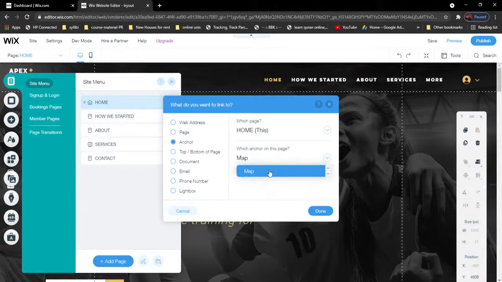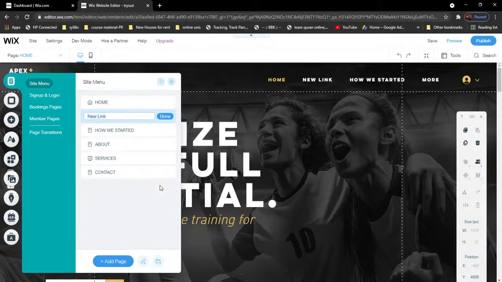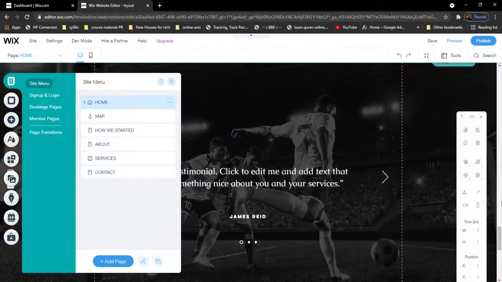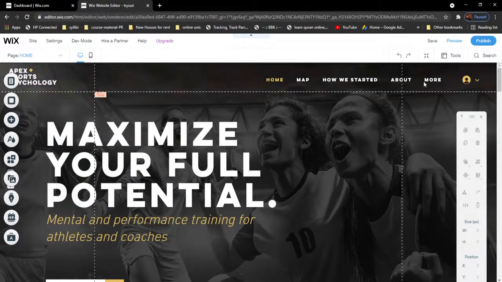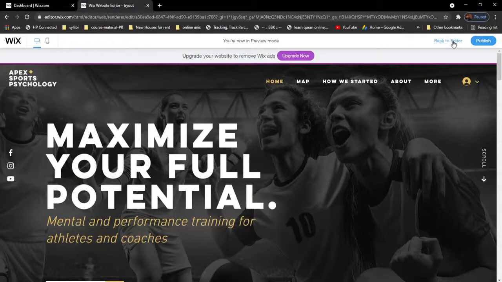And there it is, and I can rename it to map. So this will take me here. So it's showing me a little demonstration of how it will take me. Now to check if it is working fine, I can close it and go to preview. Now, to tell you again,